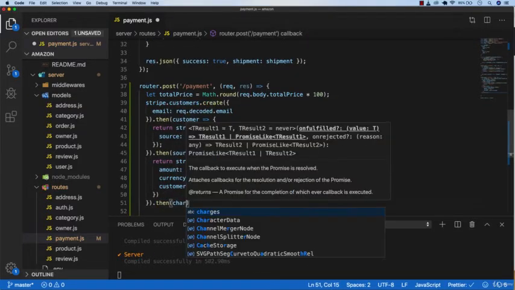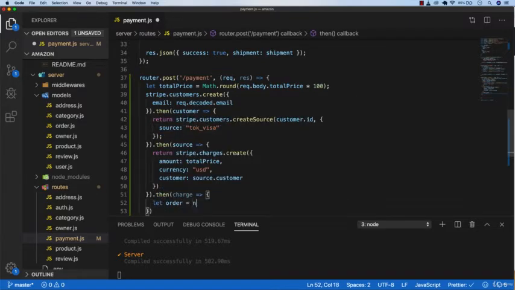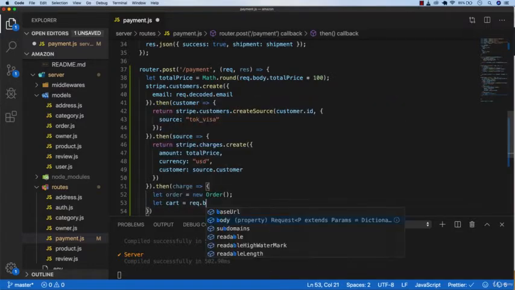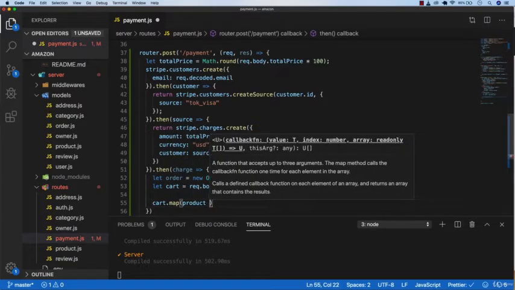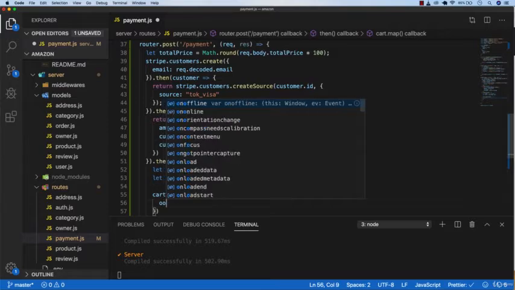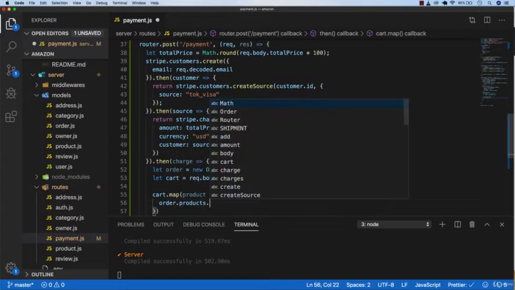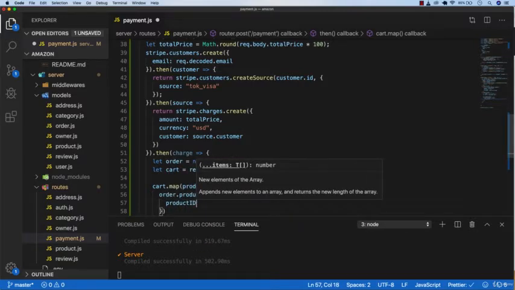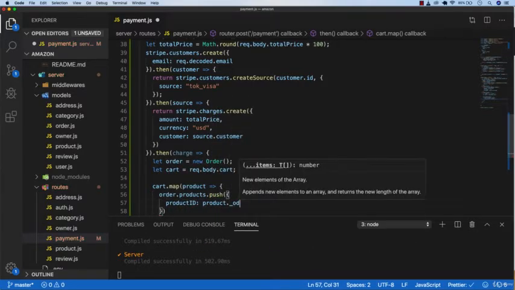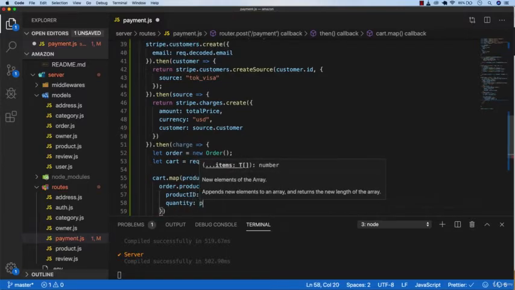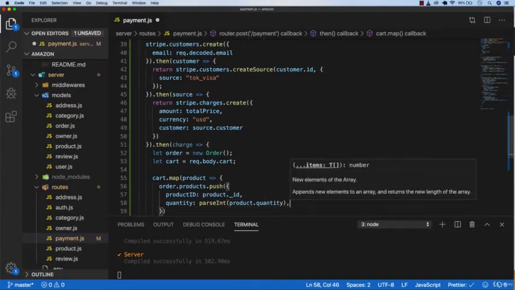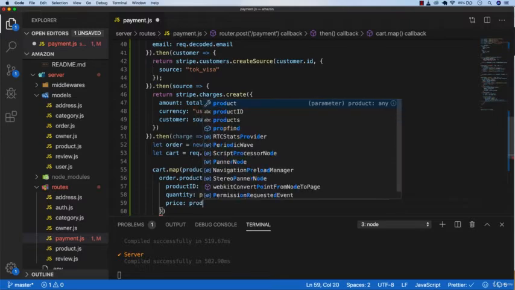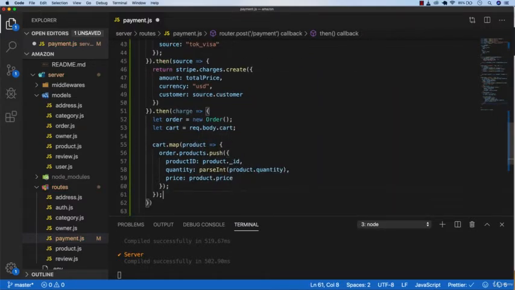This is the final then, which would be let order equals to new Order, and then let cart equals to request.body.cart, and then cart.map product. We loop all of this, and then we do order.products.push. We push the productID, product.id, and then quantity. We want to parse that quantity into an integer just in case. Product quantity. And last but not least will be price, which will be product price. And after this loop,